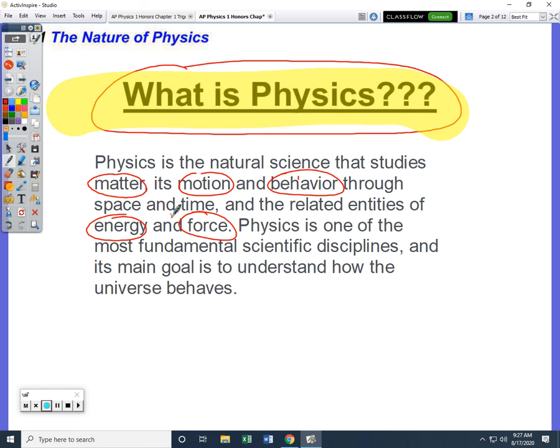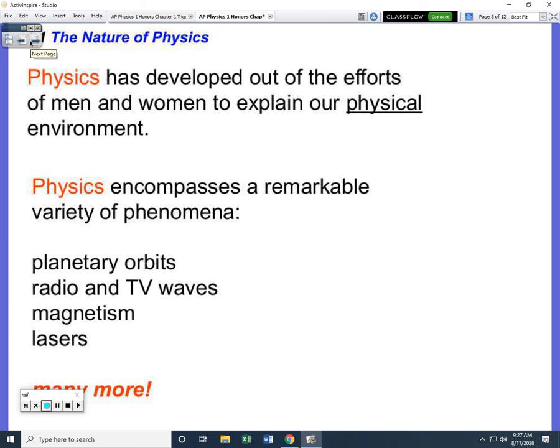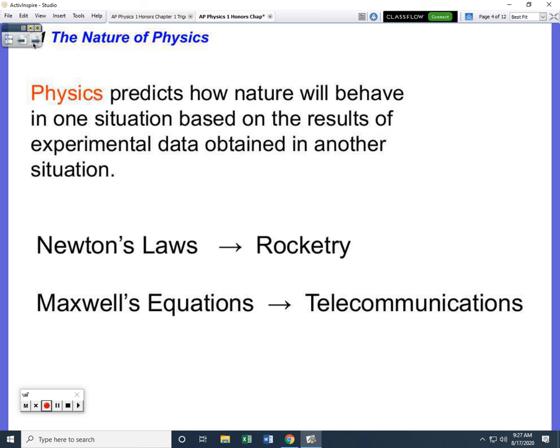And really, one of the things I think is most important in this description is the word how. We are trying to understand how the universe behaves so we can predict other things that are going to happen. So the book goes through all this and talks about how both men and women have been doing this. We'll try to highlight some of that, all the different phenomena, whether we talk about planets or radio waves or magnetism, that type of stuff. We're going to deal more with the basics of it. And we'll definitely get into Newton's laws of motion. That's going to be a really big one.